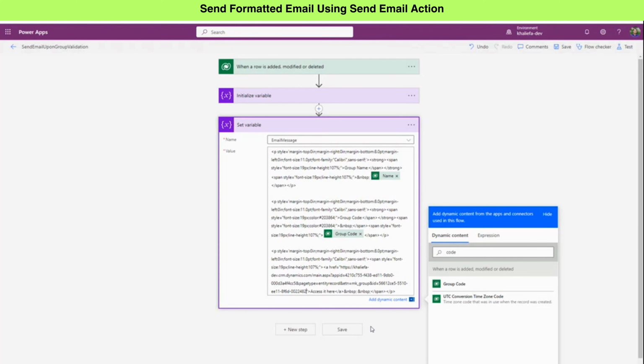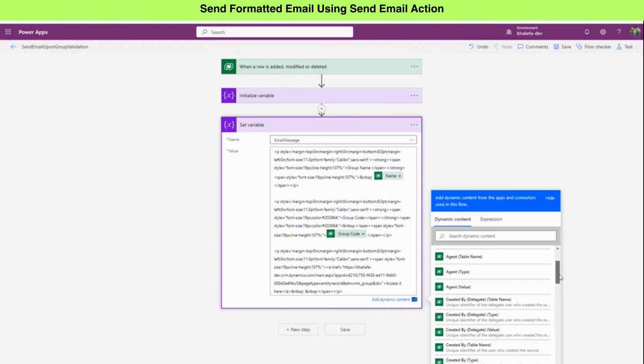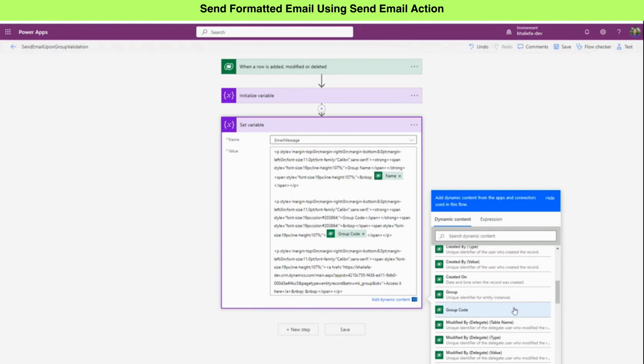So I'll take this ID out and put over here the actual GUID of that record. Because this entity or this table is called the group, I will look for the group over here, and it's going to tell you this is the unique ID. This is the unique identifier that represents the record in that table. So just click